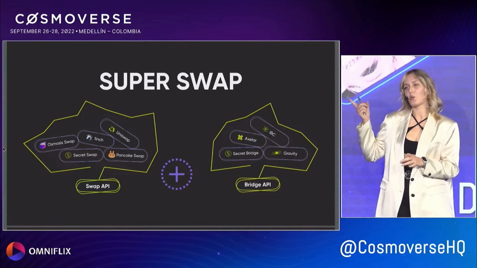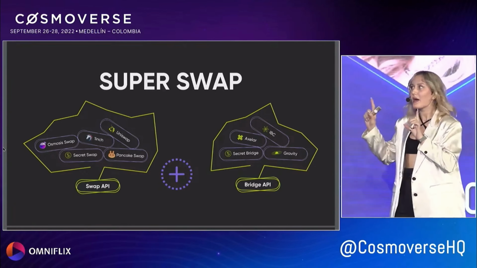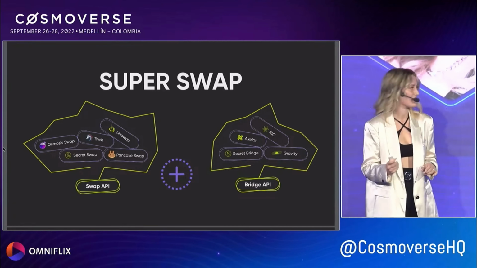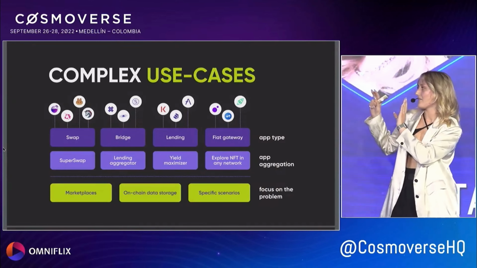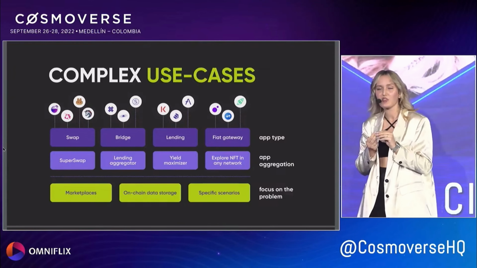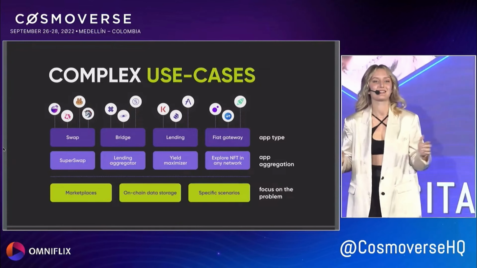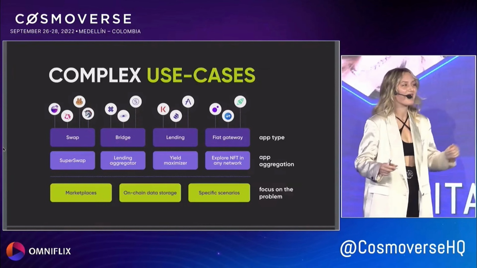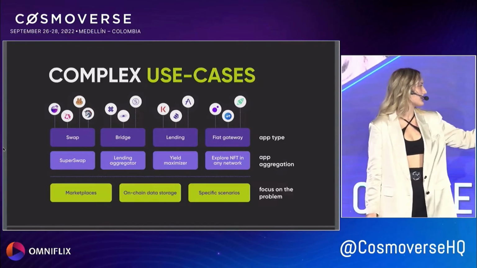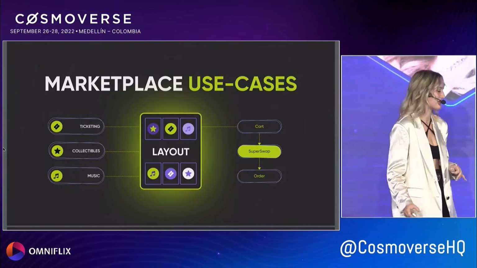So with this, we'll actually be able to solve this and get the benefit of it for complex crypto scenarios. And not limited to SuperSwap, basically we have various app types we can possibly aggregate. And on a further note, we'll be able to create the complex use cases. You guys can be pitching to your family members and finally get them into Cosmos. So, for example, the marketplace use case. The marketplace use case is something I was dreaming about.